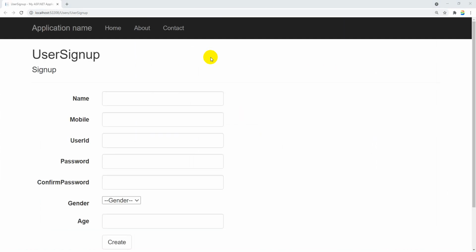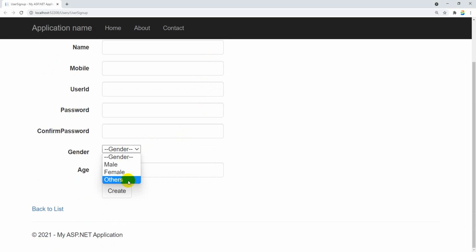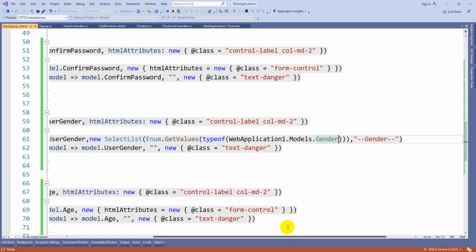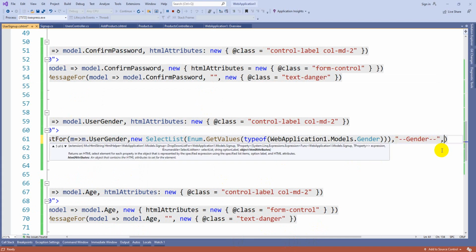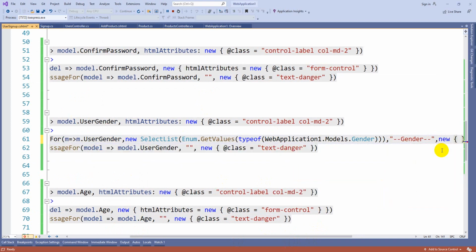Now you can see it is getting executed. So here you can see you got the options. The only thing is you can add HTML attributes for this one also. Comma new, here you can write the HTML attributes.